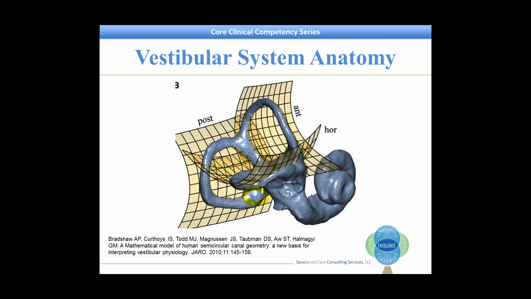Everybody's anatomy is a little bit different, and it's kind of bumpy. So sometimes when you aren't successful in an Epley maneuver, if you think of this picture, you'll be a little more free and not so rigid with your head positions. You can change it a little bit and shake things, because things can get stuck in those little cracks and crevices, and things can adhere to the sides of the canals. So I think this made me appreciate that it's not really a perfect tube system that we always see